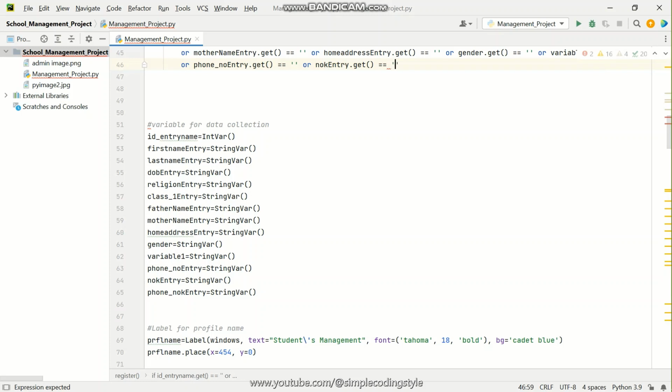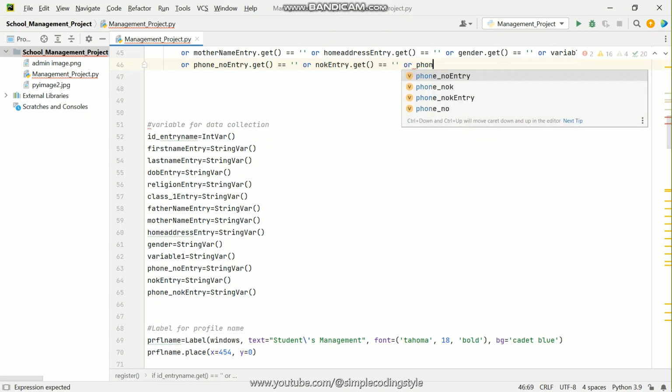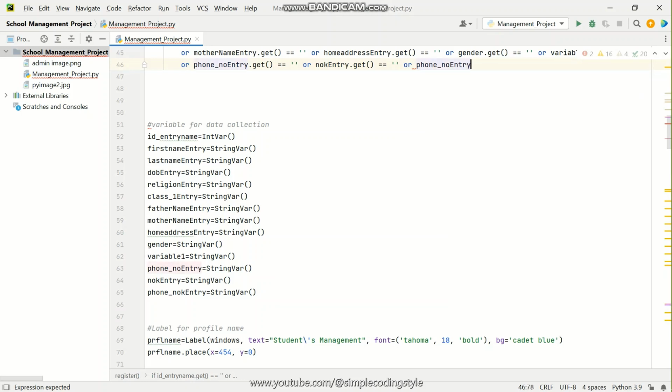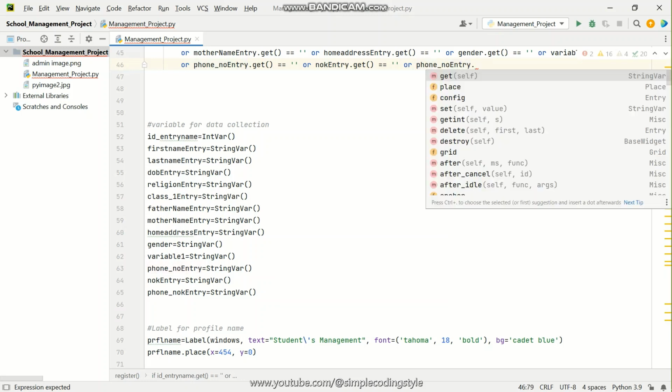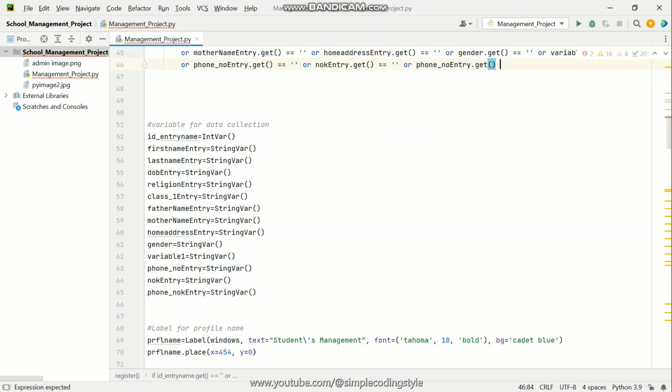And this is empty, or the phone number of next of kin. And then if this is empty, then